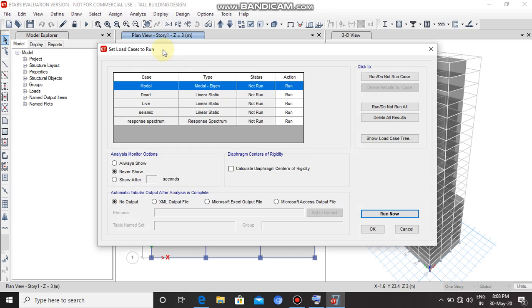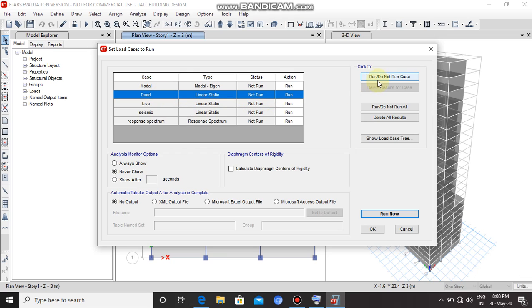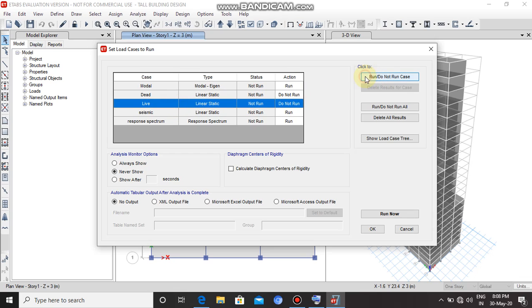So, we are going to perform the analysis for seismic and response spectrum load cases. Change the dead and live action to do not run by clicking on run/do not run case. So, click on dead, do not run, live, do not run case. We can see the action changes to do not run.